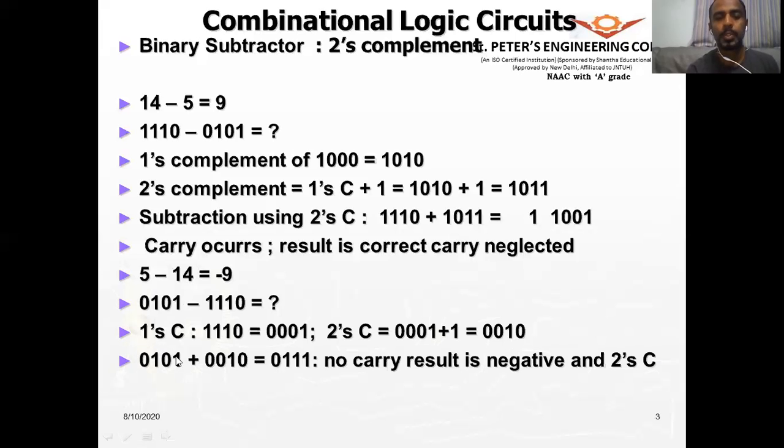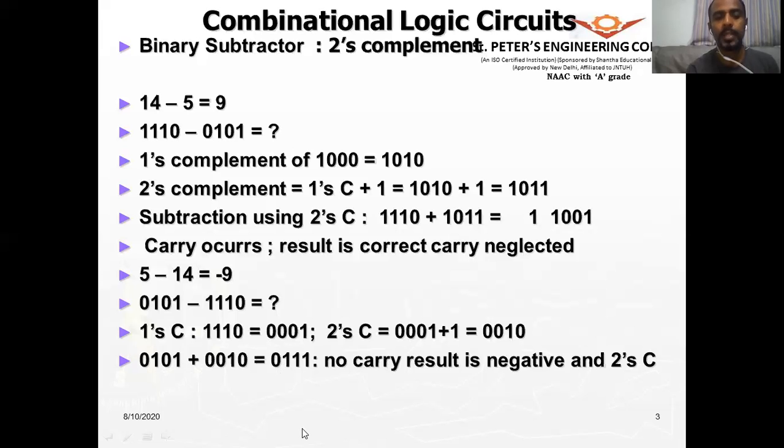We get 1 plus 0 is 1, and 0 plus 1 is 1, and 1 plus 0 is 1, and 0 plus 0 is 0. So we did not get any extra bit. The result is only 4 bit. We did not get any end carry. So as we see, what should be the answer? It is 9. I mean, it should have been minus 9, or rather 9 and the minus sign. But here, what is the answer? If you see the decimal equivalent of this binary, it will be 7.